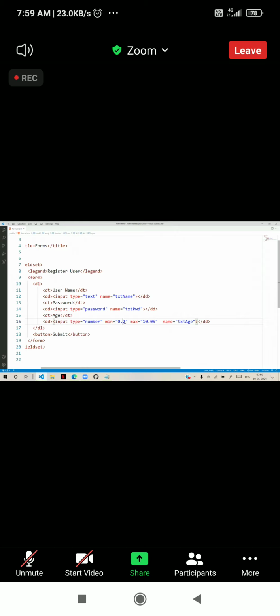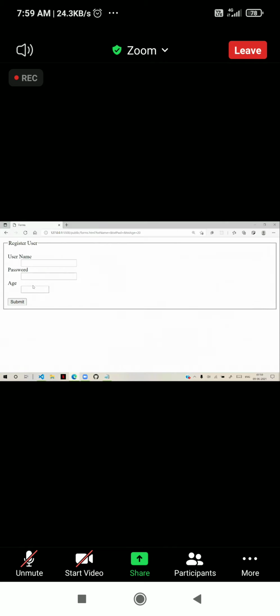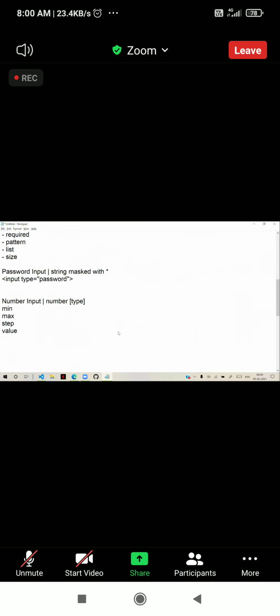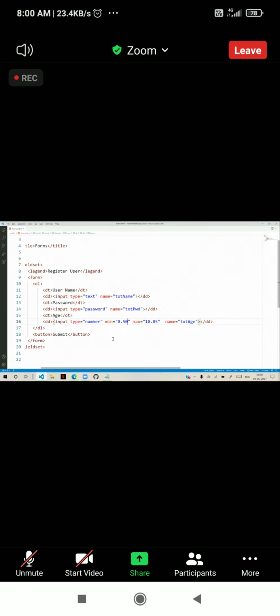Here we can give some 50, like this I defined, and it will display the values 1.5, 2.5, 3.5, 4.5, like this. But it will not display according to your complete requirements. That's the reason we have to depend on CSS and JavaScript at a later stage to handle these kinds of values.